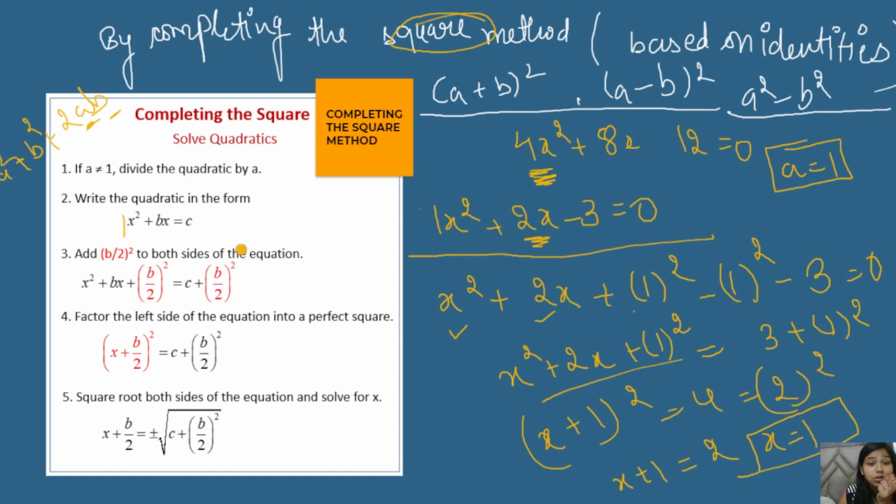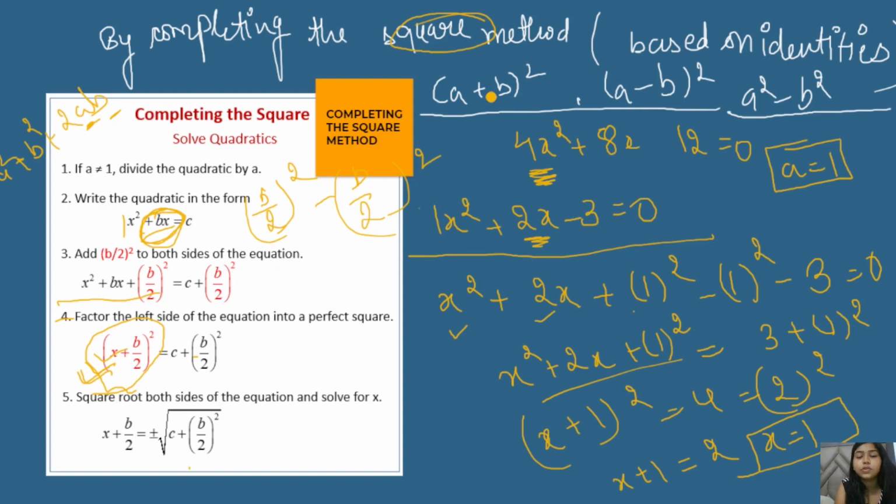In this method, whatever you get as the bx, just add the square of half of it and subtract the square of half of it. So just add and subtract b by 2 whole square, and you will get it like this, and this will form the identity a plus b whole square. After solving this you will easily get this value, and after getting this value you will get the value of x. This is what we call the completing the square method. I hope it is clear to you.